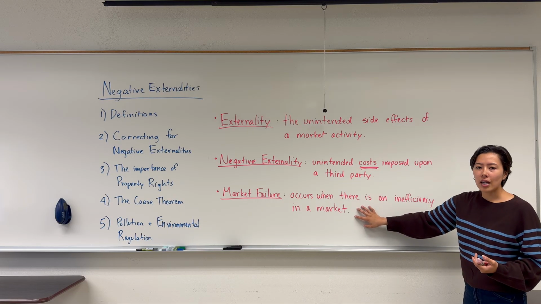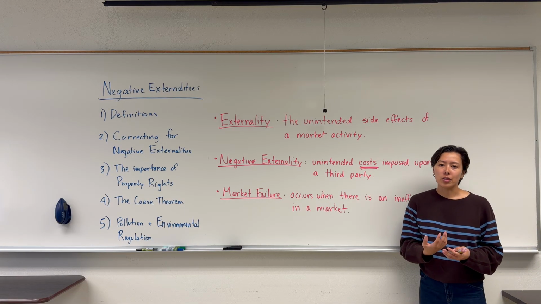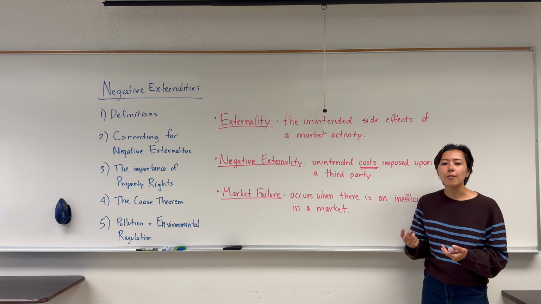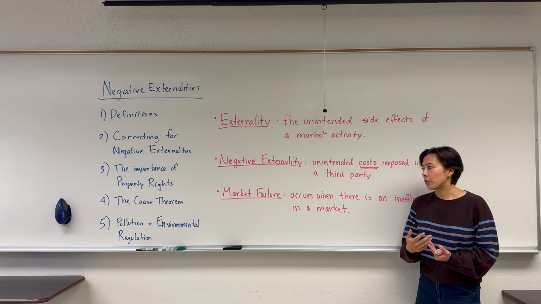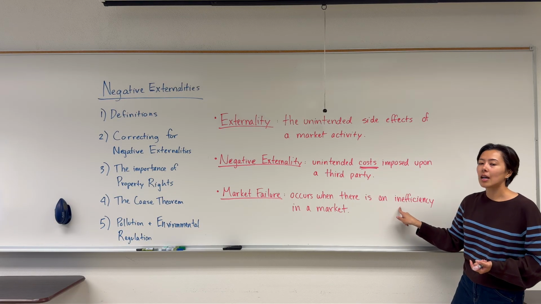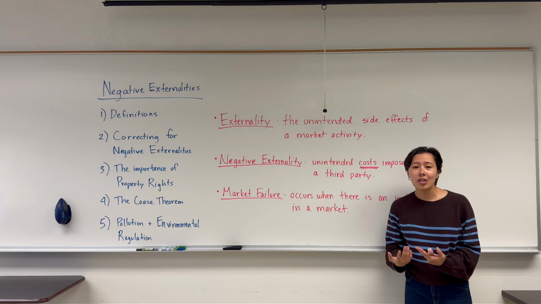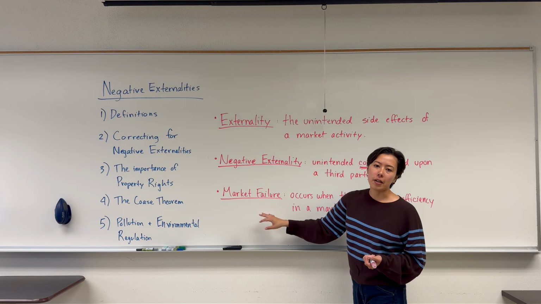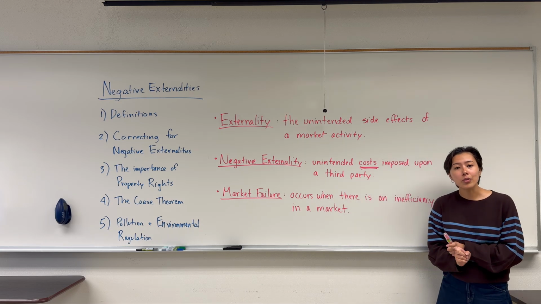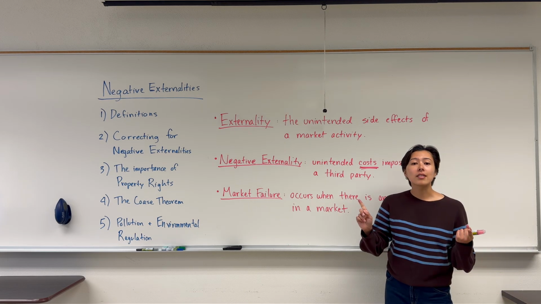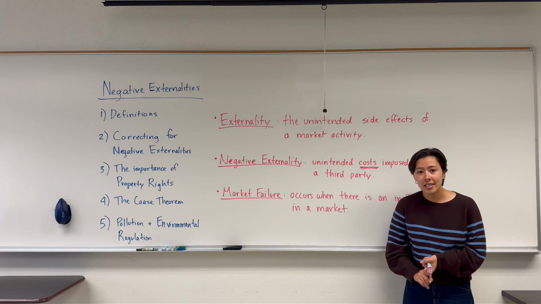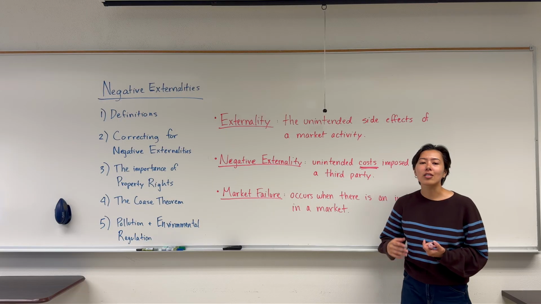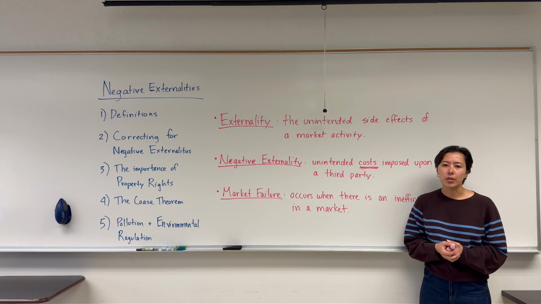And so an externality is a type of market failure. And we say that a market failure has occurred anytime there is an inefficiency in our market. So if we have something happening in our market that pulls us away from that efficient outcome where our total surplus is maximized, then we'd say that we have a market failure. So taxes also generate a market failure. Price ceilings or price floors, if they're binding, also generate a market failure. And so an externality is just another type of market failure.